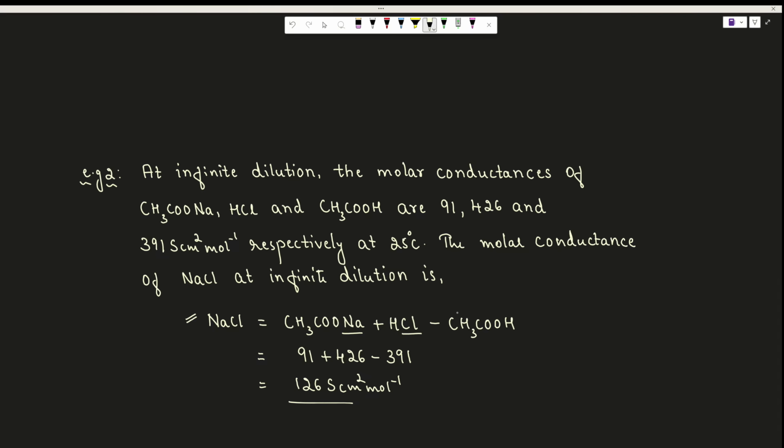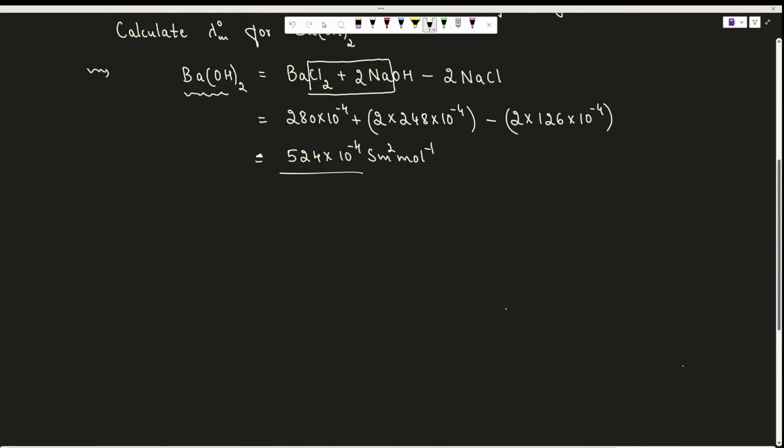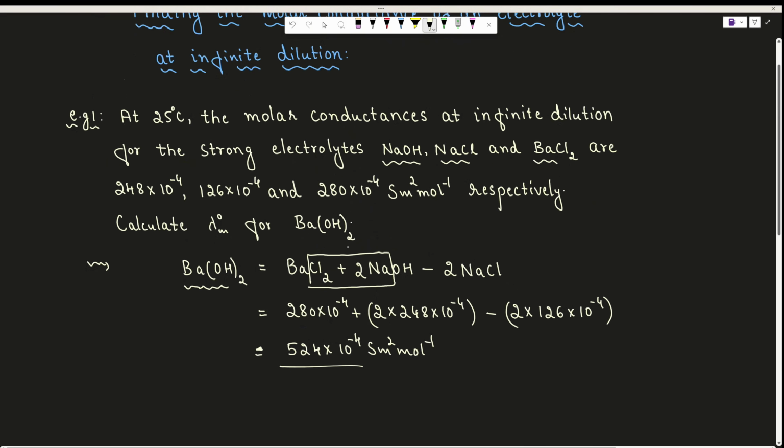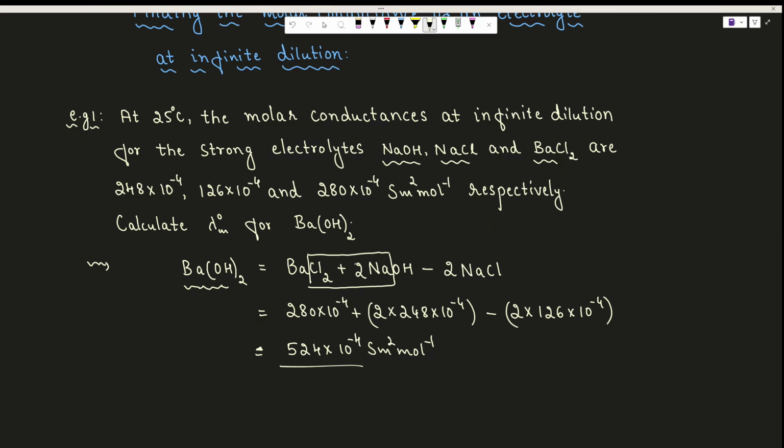If equivalent conductances are given and equivalent conductance is asked, then also you are doing it in the same way. Okay, so same addition and subtraction of ions you are doing. But only thing is, here we took number also, right? How many ions were there? Say 2 OH minus, so we took 2 NaOH. So if equivalent conductance is asked, you are not taking this 2. Okay, directly you are doing BaCl2 plus NaOH minus NaCl you are doing. If equivalent conductance is asked, that's the